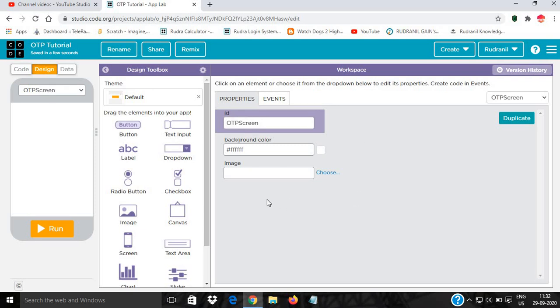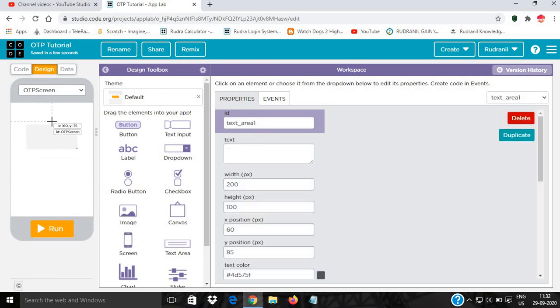After doing the OTP screen, you can pull a text area here, then in the text area you can name it txt OTP receive,